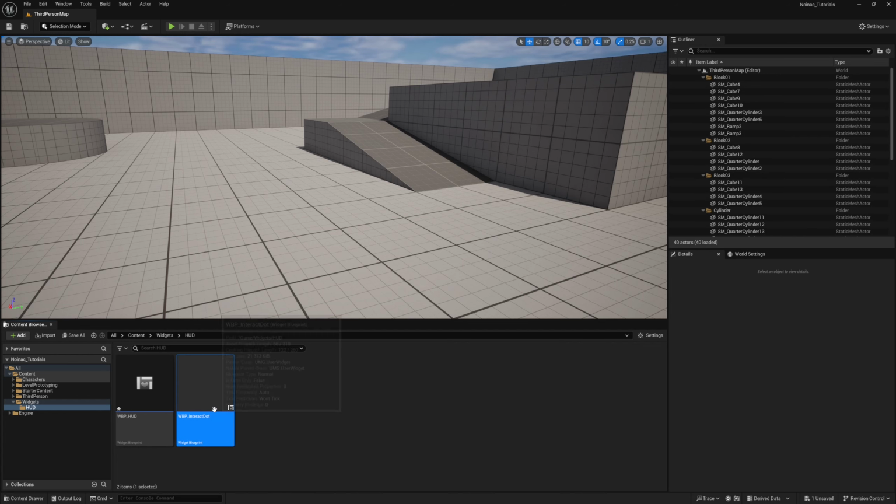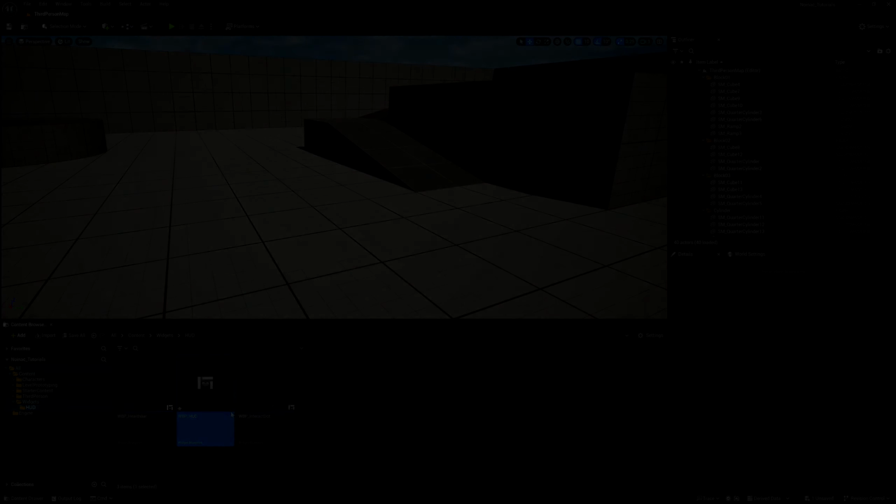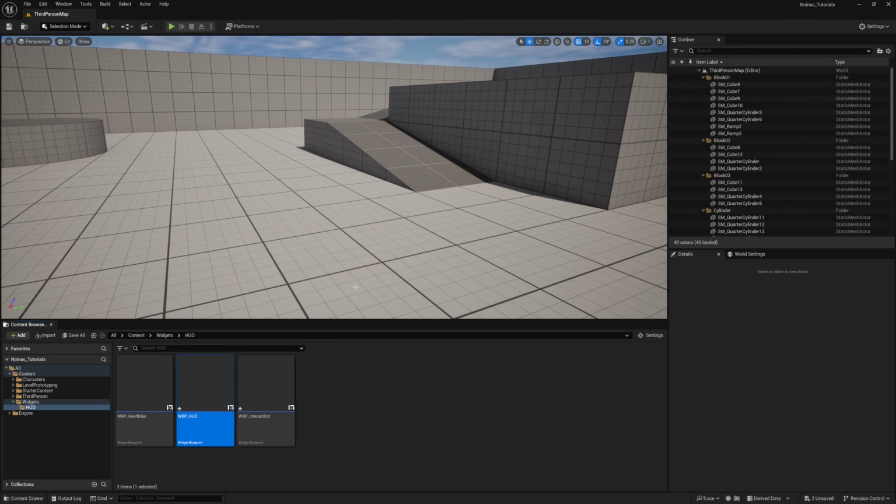So this interact dot will live inside the HUD, and in the future, if you want to make another widget for the HUD, say like the health bar or the sprint bar, both of these will live inside this one widget. Okay, so we need the images now for the interact dot, so we can right click, create another